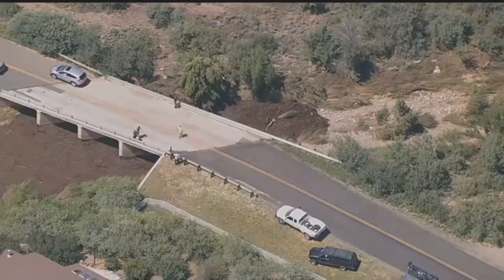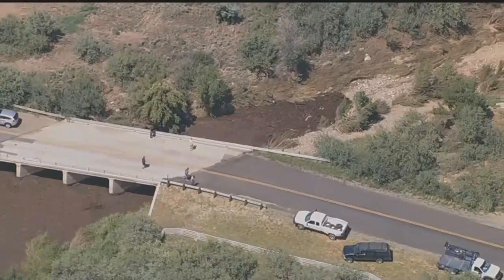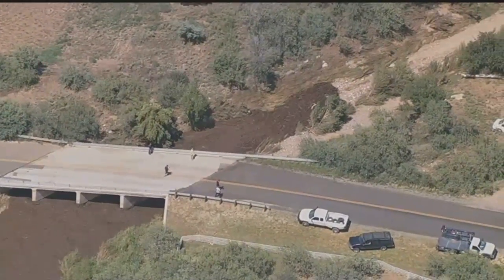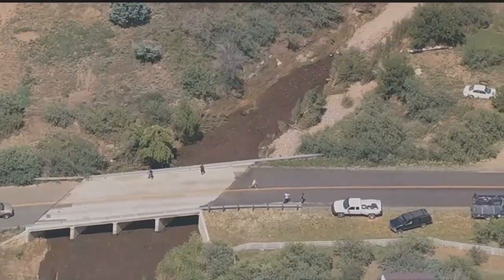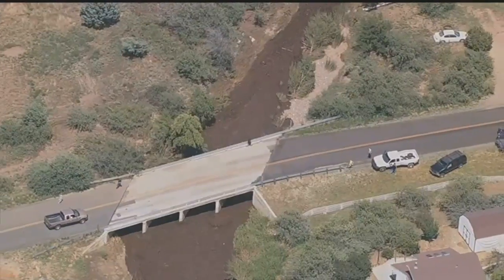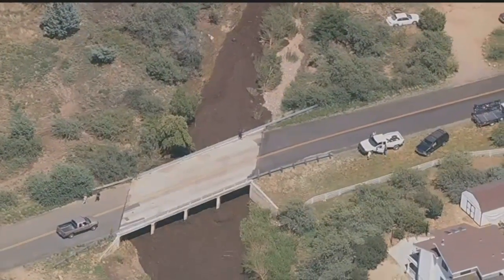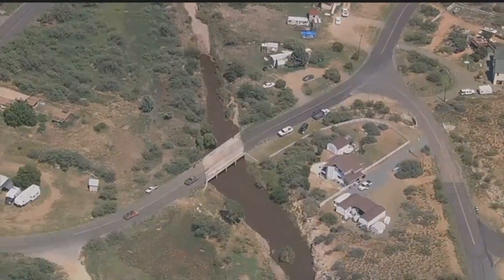We unfortunately just covered last week the funeral of the 10 family members that died up in Payson. It's very tragic. I would hate to see that happen to anyone again, have to go through that pain. So far, I haven't seen any houses